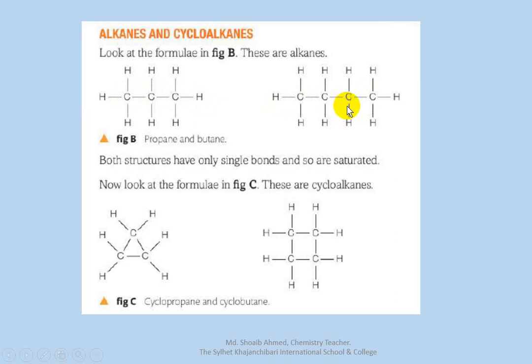But with suffix -ane, butane. When the two ends are closed, we write the prefix cyclo. It is propane, so cyclopropane. Here the two ends are closed, here the two ends are open. This is an open aliphatic chain, this is a closed chain. When the two ends are closed we add the prefix cyclo. The number of carbons is 4, alkane, so butane. Closed chain, so cyclobutane.